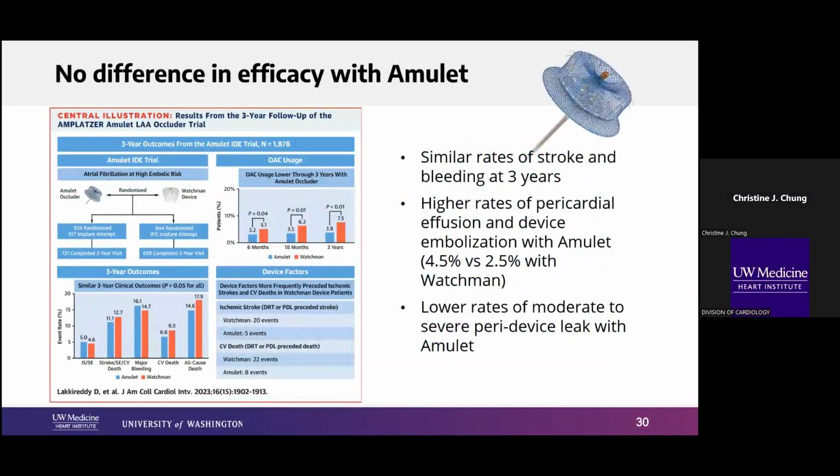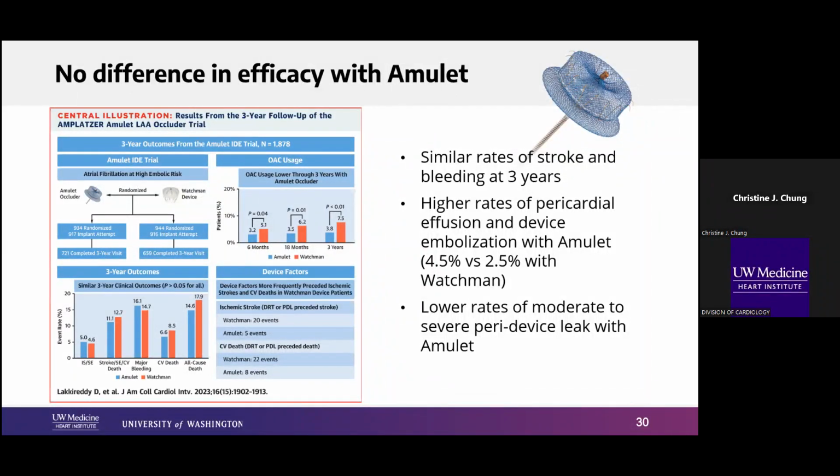We do have other devices that are FDA approved for LAAO. So this is the Amulet device. And this was approved after a head-to-head comparison between the first generation Watchman and this Amulet device. There were similar rates of stroke and bleeding. We now have 3-year follow-up in this patient cohort. There is a higher rate of pericardial effusion and device embolization with the Amulet device,